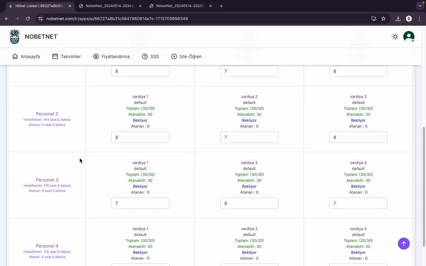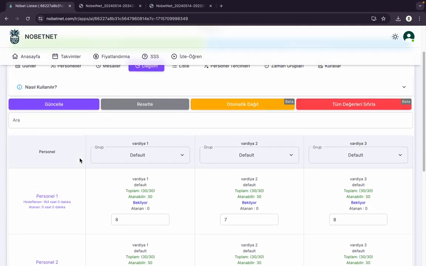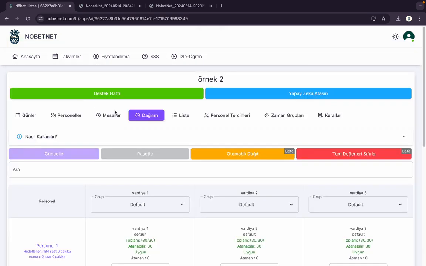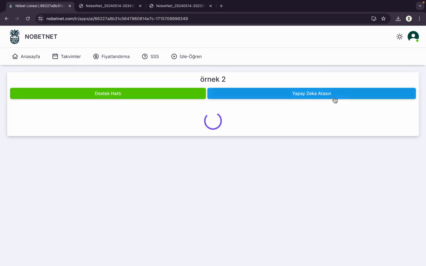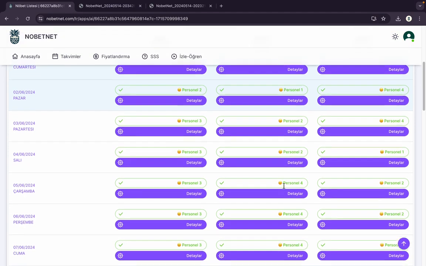So when I prepare this calendar for this month, 2 of my staff have to work 8 hours more than the others. I am updating this to the list. Now it's always already on standby. We are activating our artificial intelligence. It instantly gives us all our personnel